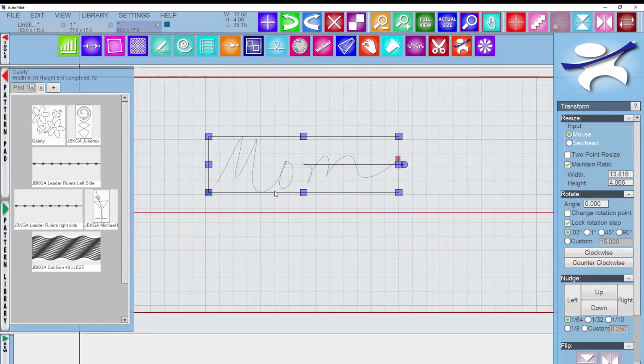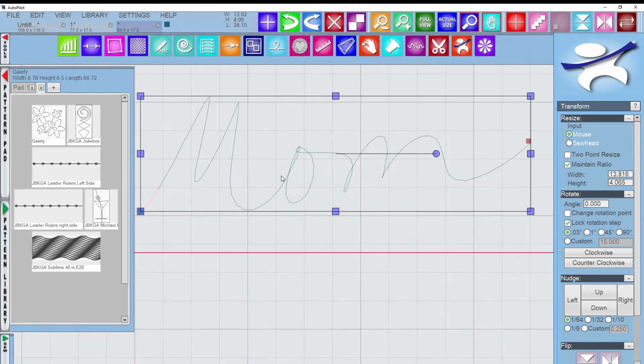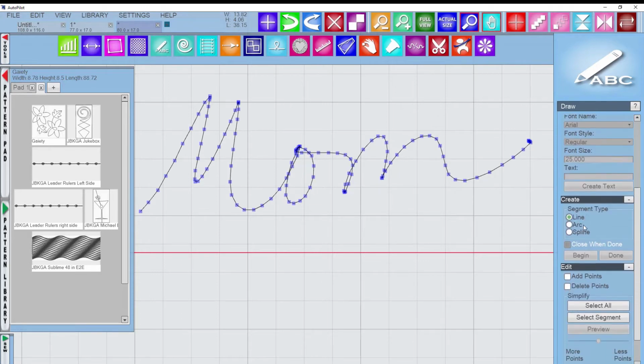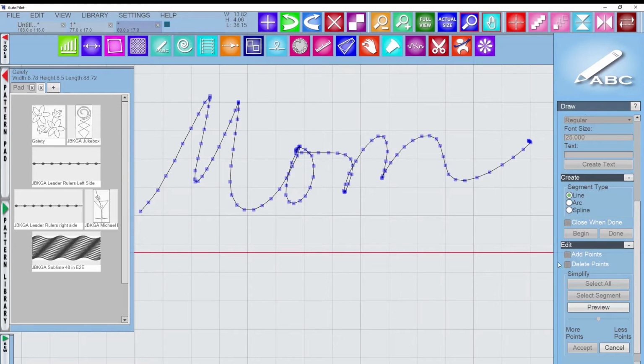But there's a couple things that you can do to edit it if you're not crazy about something or if you need to connect some letters. So I'll go back to the draw menu, and you've got your nodes that you can edit. I'm pretty happy with this, so I'm not going to do much, but maybe I want to smooth out this part of the M. So I'm going to go down here to select segment,